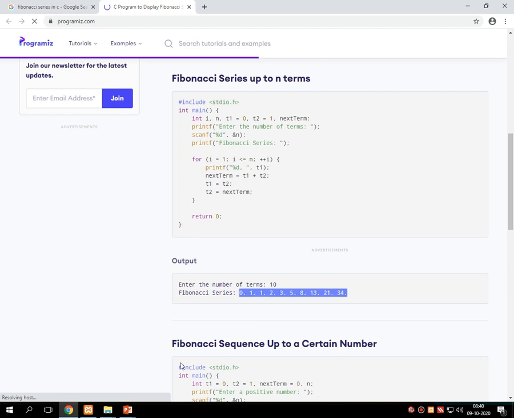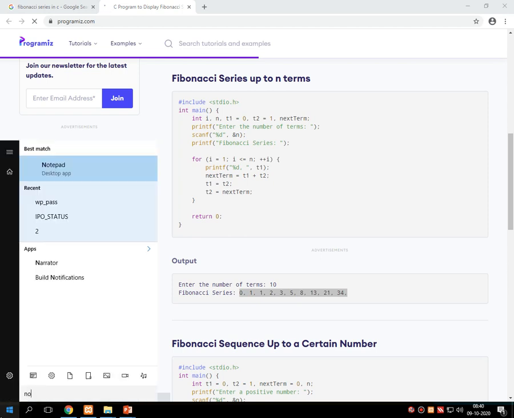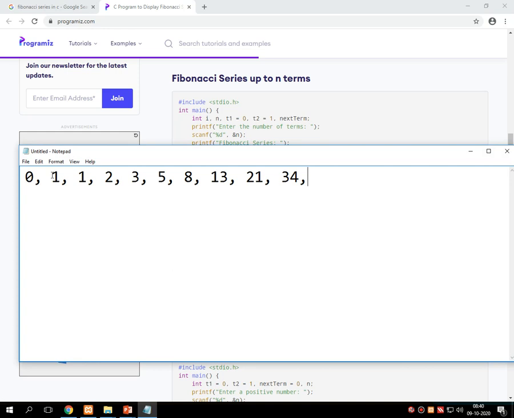Let me take it into Notepad. 0, 1, 1, 2, 3, 5, 8, 13, 21, and 34.